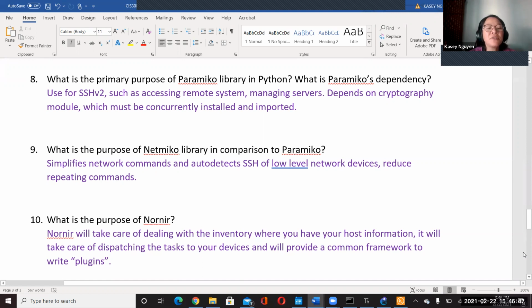So it was built out to simplify commands, because in Paramiko you might have to repeat some of the commands as the process is repeating. So what we can do is simplify it, especially when it would auto detect SSH for network appliances. So you don't have to repeatedly reissue the command.